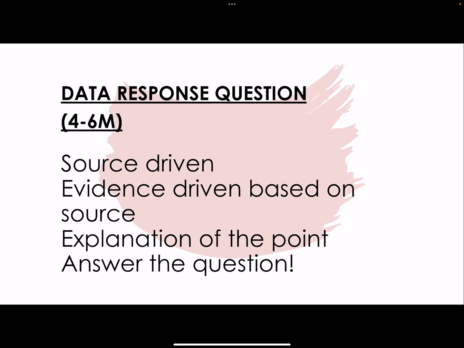It's not a regurgitation exercise where you simply copy and paste whatever data you can find. Okay, so it's also using the data to answer the question. That is very important for data response. But bear in mind, a lot of times for data response, especially in your syllabus, a healthy amount of allowance is there for you to give additional explanation. So if you're able to fully explain and go beyond what is given in the data itself, the tendency is that you will be able to secure a slightly higher score. Okay,